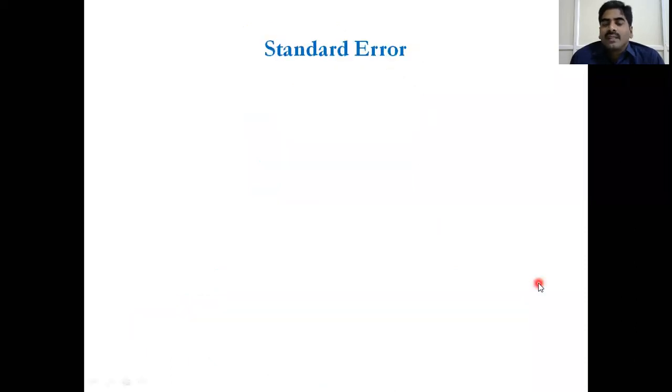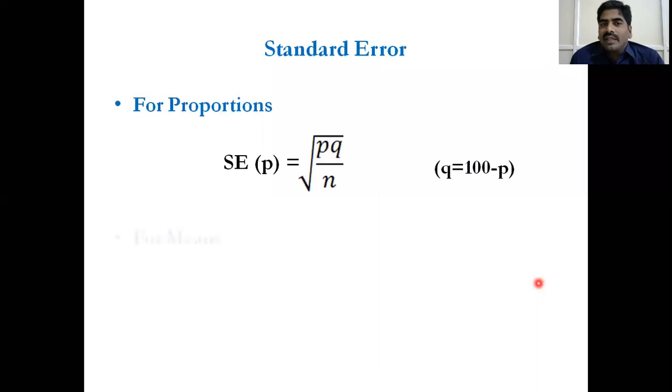And next, for quantitative data, you have to calculate the means. You can take different samples. For example, I want to measure the hemoglobin. Suppose I take 30 samples, I will get some average hemoglobin value. And again, if I take another sample, I will get another mean. It may be lesser than the first sample, or greater than the first sample. So sample to sample, these mean values differ. That deviation we can find numerically by using standard error of mean, because the data is quantitative.